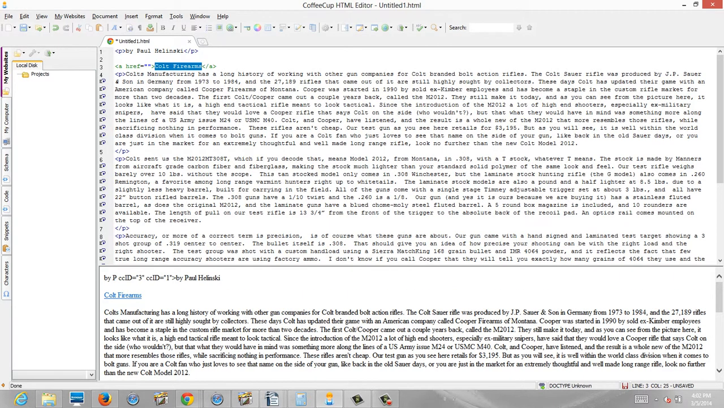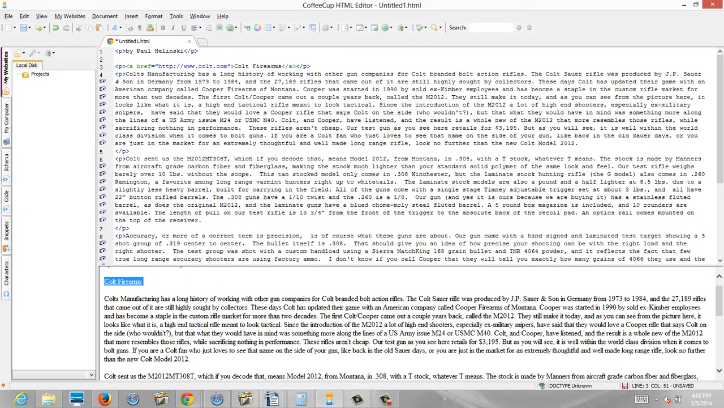See, that actually didn't put in the link because I didn't put it in, but I think it's something like Colt MFG or something like that. Oh no, I think it's Colt.com now. So Colt Firearms. And then you would also wrap this in a P tag if you want to separate it out, which we do. And then after this quote right there, before the greater than sign,